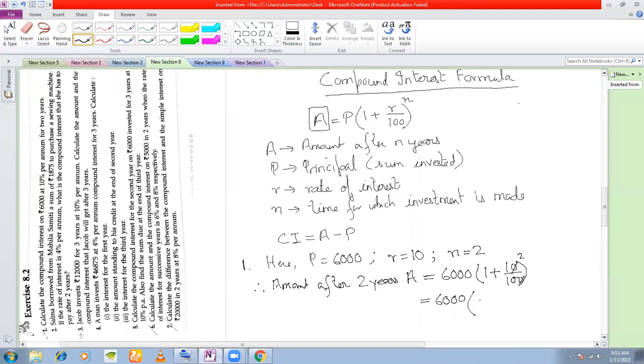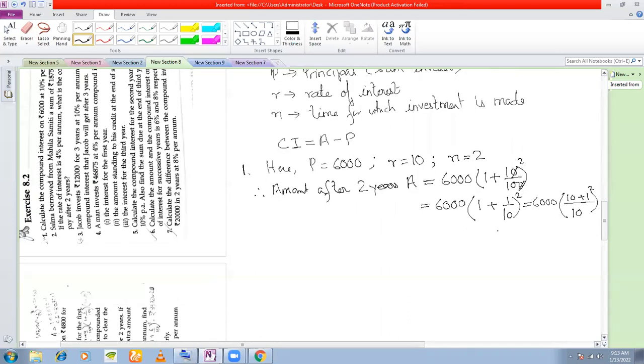So you are left with 1 plus 1 by 10 square, right? 6,000, and then you will take the LCM within the bracket. LCM is 10. You get 10 plus 1 square. Okay. Next, you'll get 6,000, and 10 plus 1 by 10 is 11 by 10